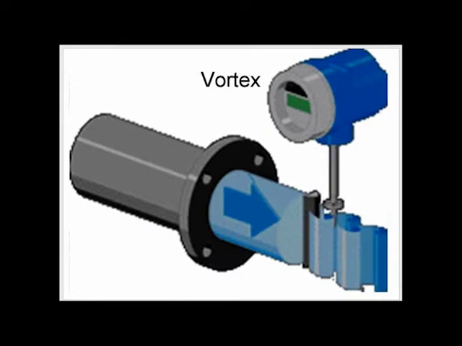The next type of flow meter we're going to look at is the vortex flow meter. This works on the principle of a flag in the wind. So, I'm just going to draw a flagpole. Here's a flagpole. When the wind blows, here's the wind blowing. When the wind blows, the flag flaps. The faster the wind blows, the more the flag flaps. The reason for this is because of